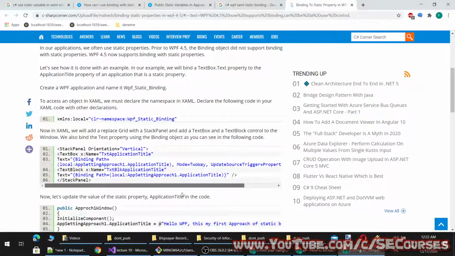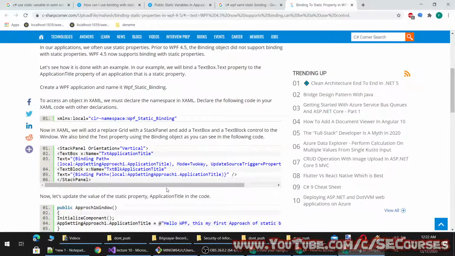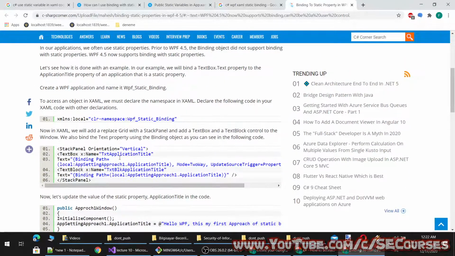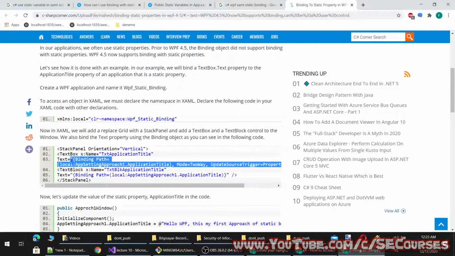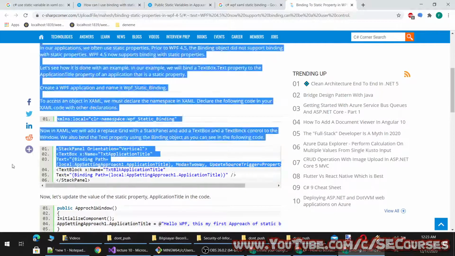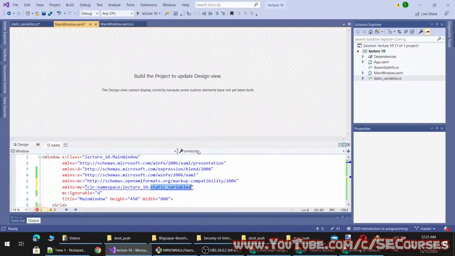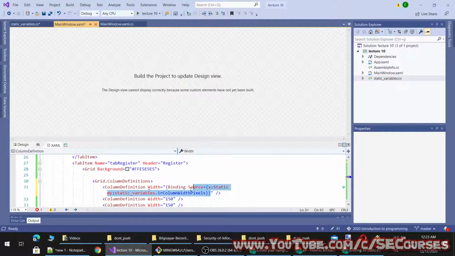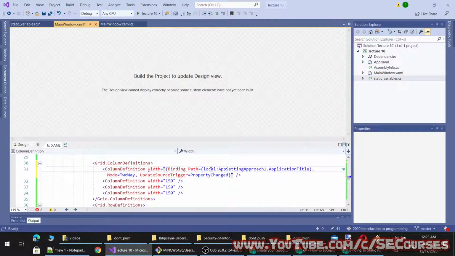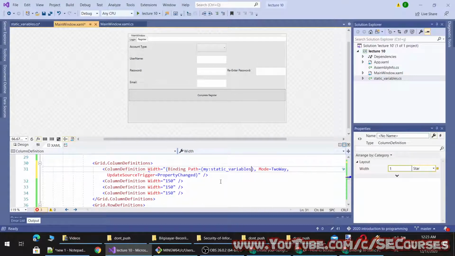So this binding may also get updated whenever the background code is updated. So they use it. Binding path is like this. I will copy it. And so let's remove this. And here, let's bind it like this. So it will be my static variables dot,